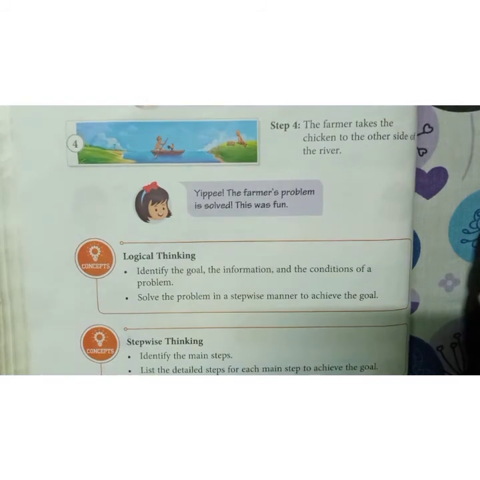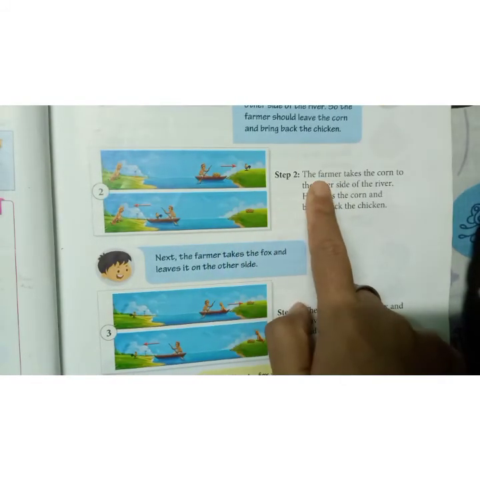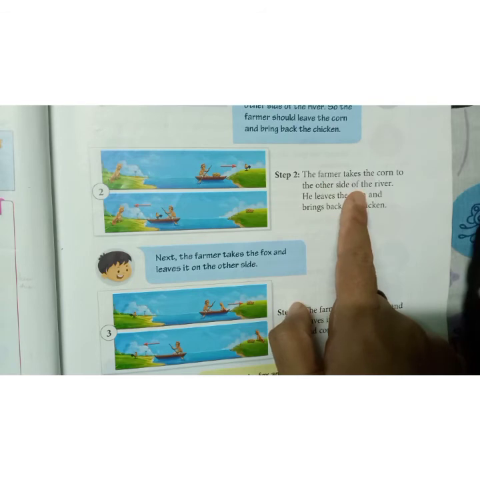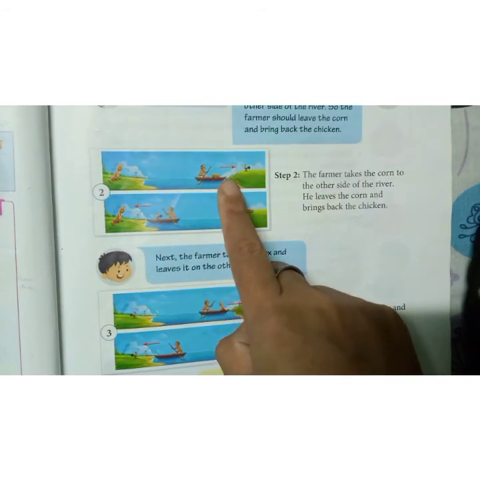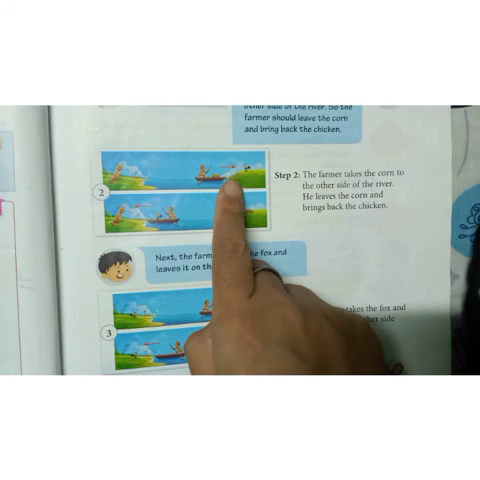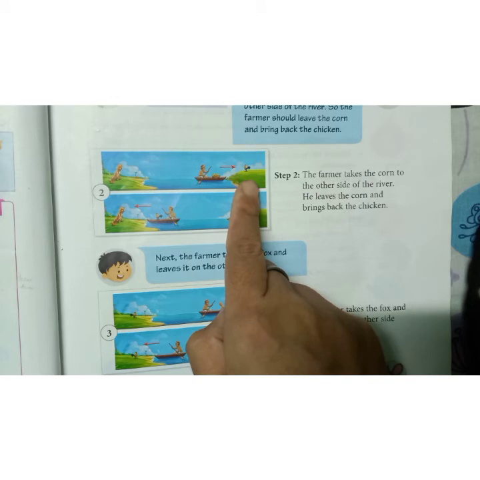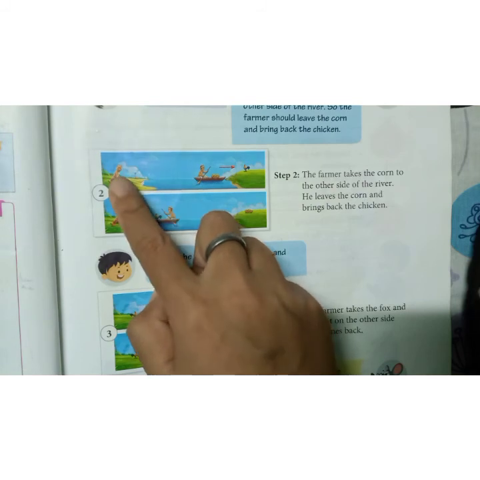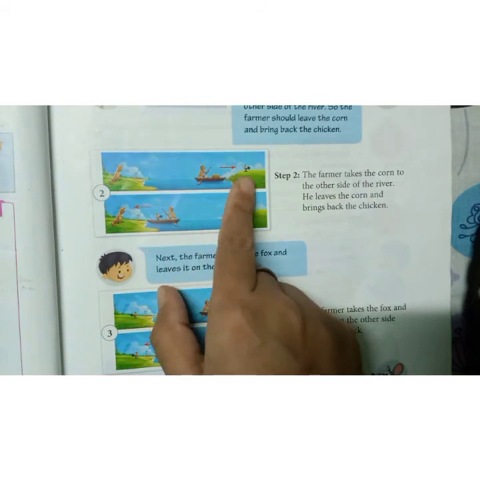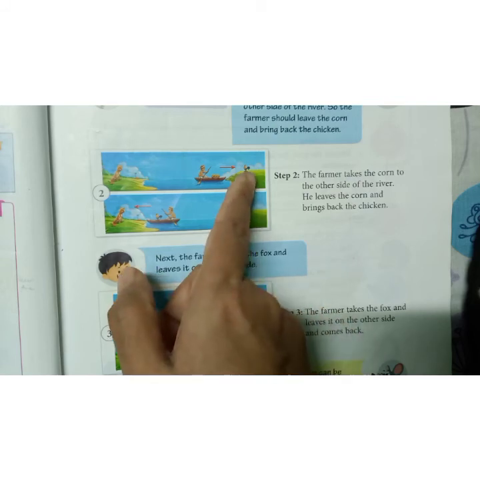Okay children, now just consider this second step again. Can the farmer take the fox instead of the corn? Just think. Yes, right? Either the fox or corn can be taken to the other side of the river on the boat. But if we had followed that, how would the steps be? The farmer takes the fox to the other side of the river, he leaves the fox, and he will bring back the chicken,